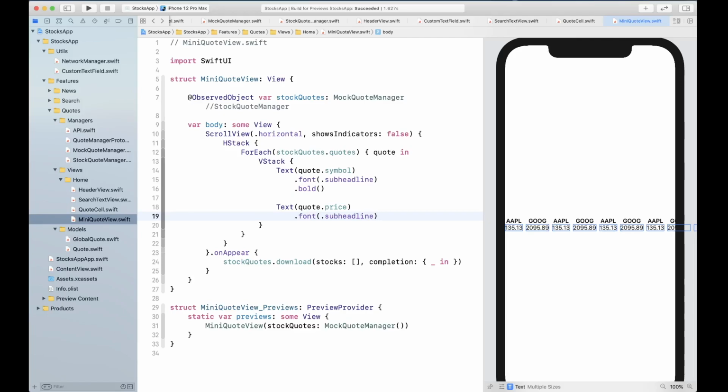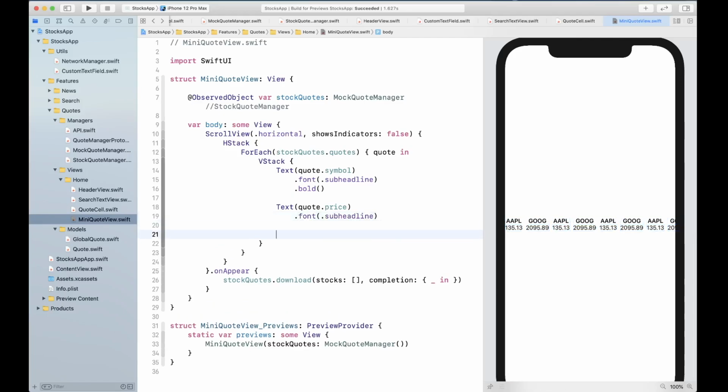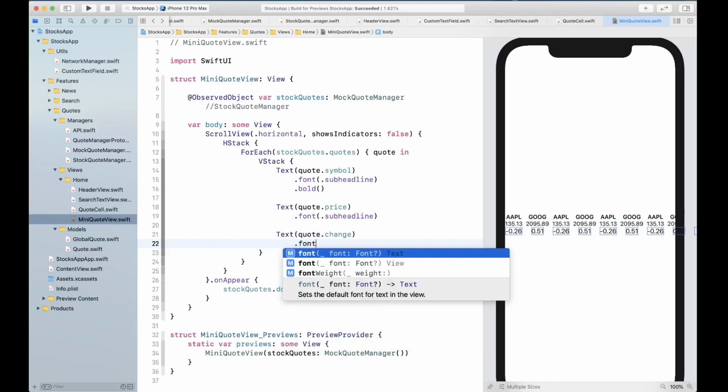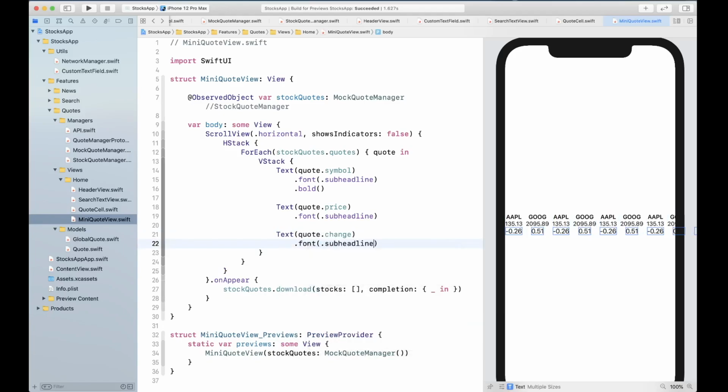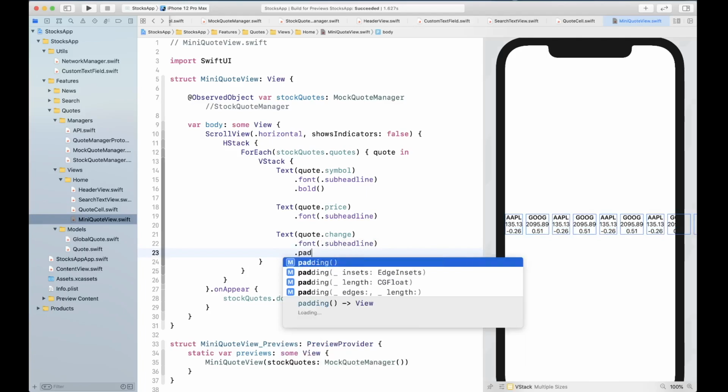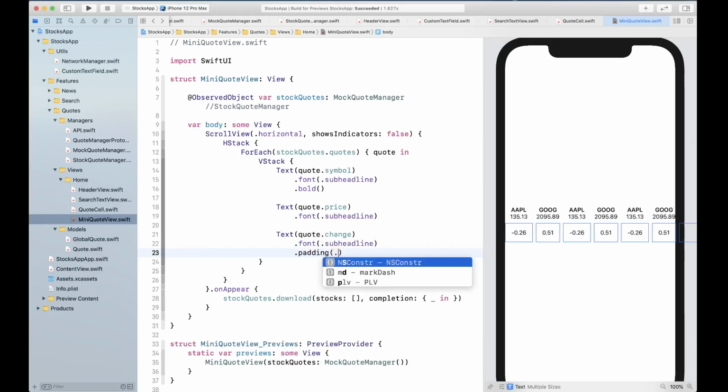Okay, and we also want the text for the change. So quote dot change, and font once again is gonna be subheadline. Padding is gonna be in horizontal.